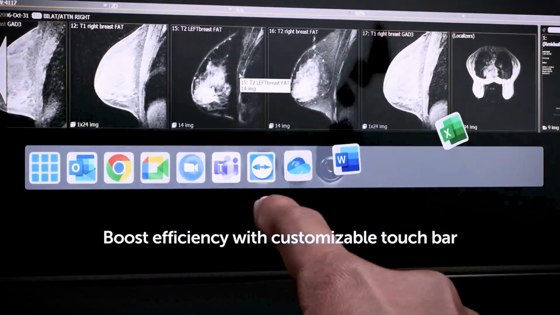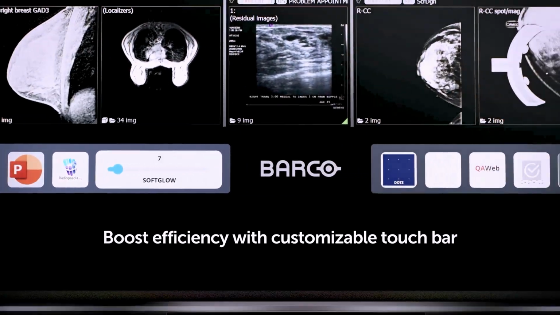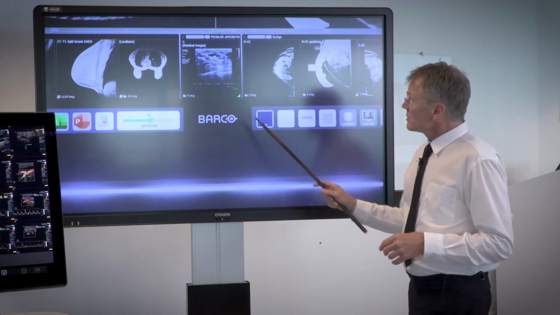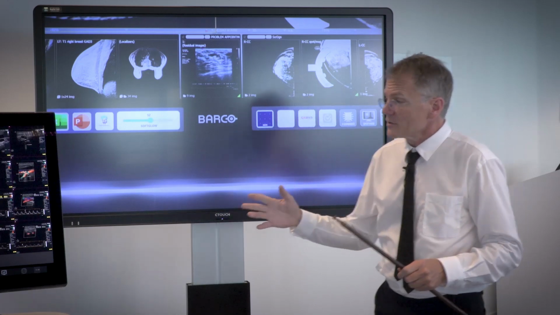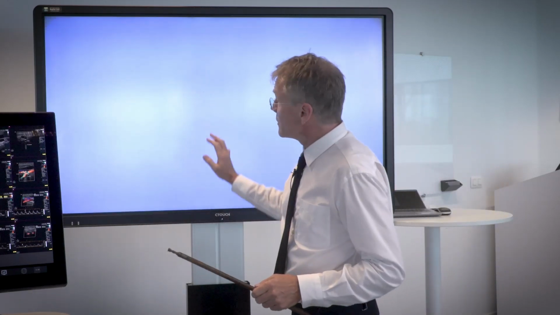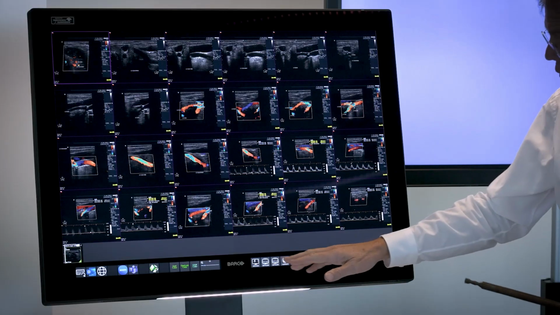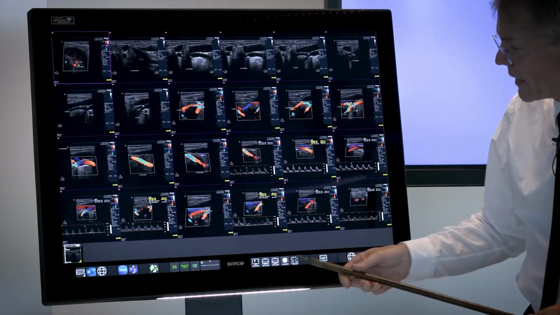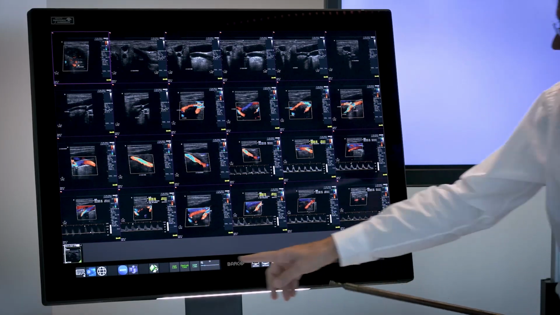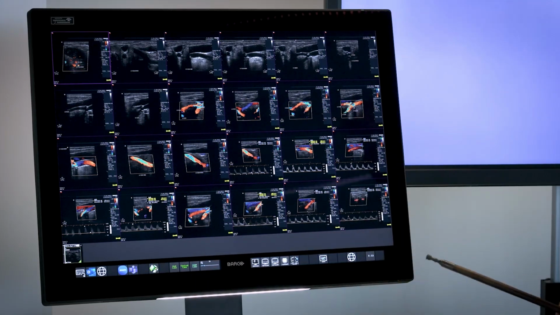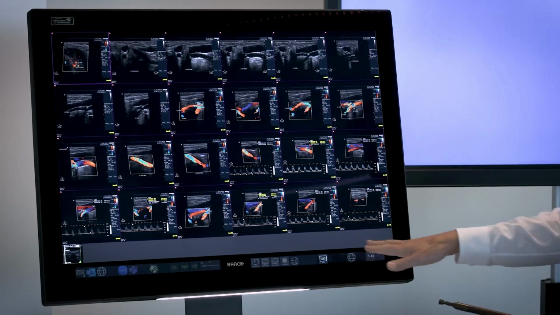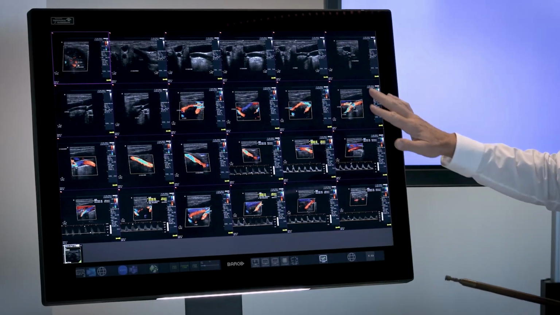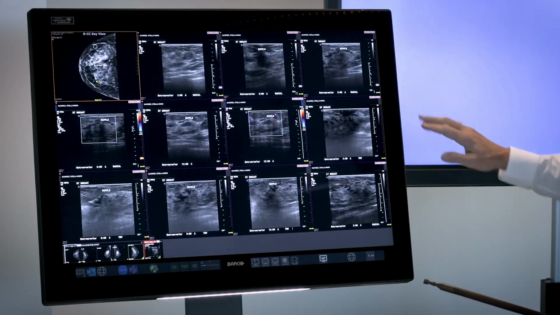All right, now I'm going to talk a little bit about this touch bar. The touch bar lets you put icons on here that do things. So the pictures of them are visible, and if I come over here and look at this, here's the touch bar down here, and when I'm not doing anything with it, then it will dim down so that it's not interfering with my view of the medical images.